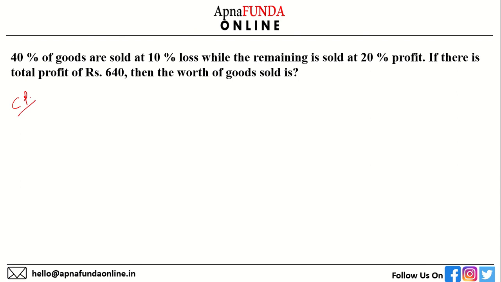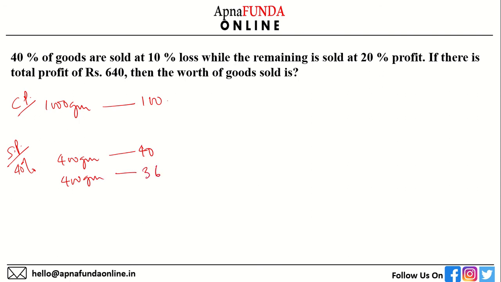cost price 1000 grams, 100 rupees. Correct? Now let's come to selling price. 40% of goods. So 400 grams is 40 rupees, but 400 grams is sold at a loss, which is 36 rupees, loss of 10%. Next part, remaining. Remaining is 60%. 600 gram, cost price is 60, sold at a profit of 20%. So 600 gram,